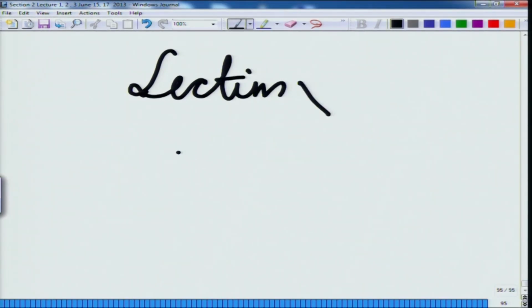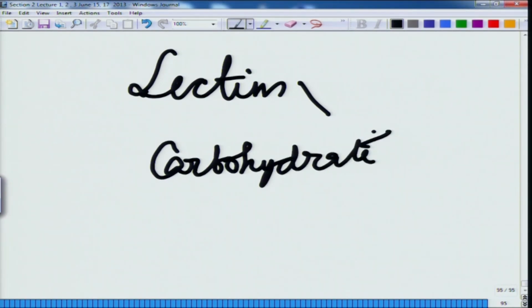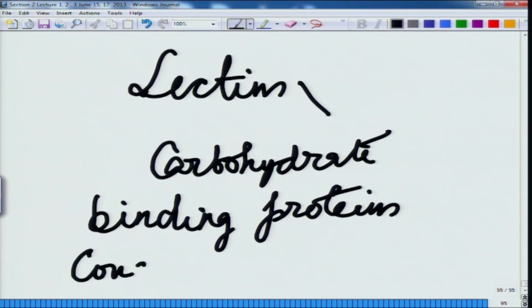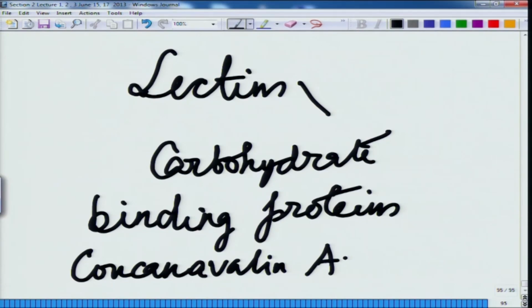These are carbohydrate binding proteins, and some of these major proteins are concanavalin A, and there is something called wheat germ agglutinin, and all these kinds of molecules bind to different carbohydrates. These are the tools by which we study the carbohydrate molecules present on the cell surface, and